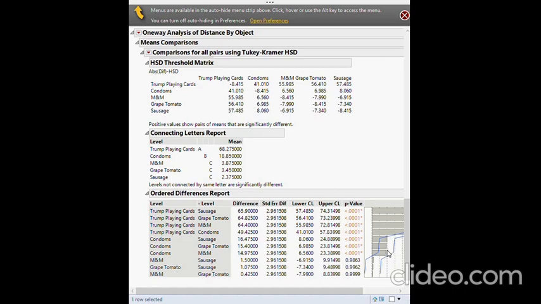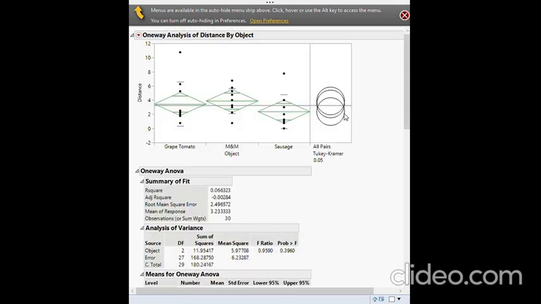Now, what happens when we go ahead and get rid of the trump cards and we get rid of the condoms? Well, what you're going to see is that the pooled standard deviation is going to go down, and that's going to emphasize the gaps between all these 3 remaining variables. Okay, taking a look at this second JMP output, first thing I notice is that the variances look more equal right away. Second, now I can see little gaps in between the sausage, the M&M, the sausage, the tomato. Not much, but there might be something here now. Whereas in the last one, it looked impossible.